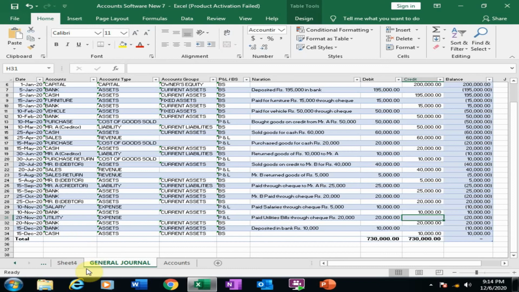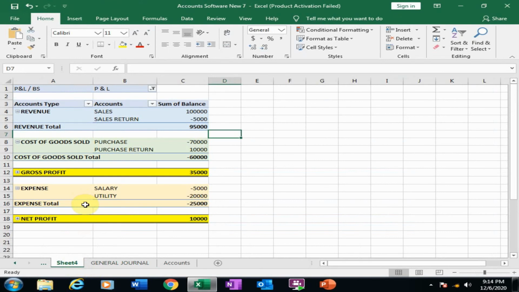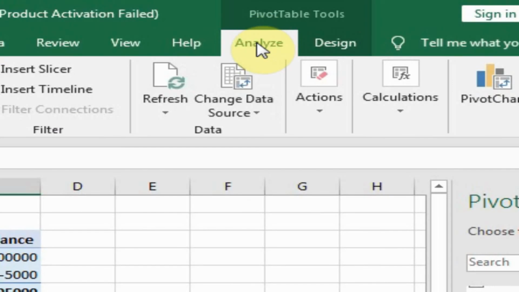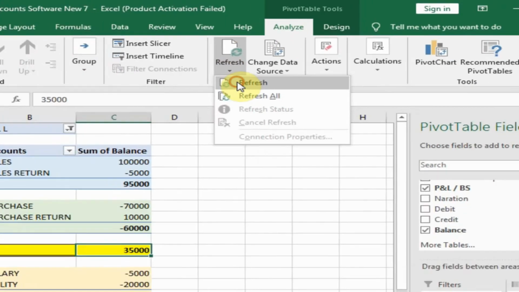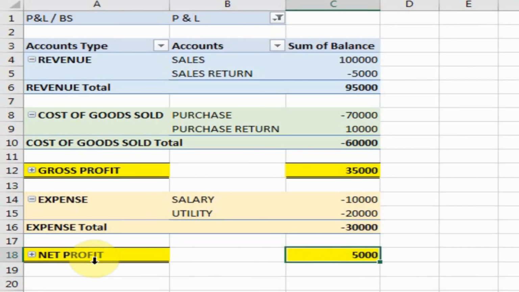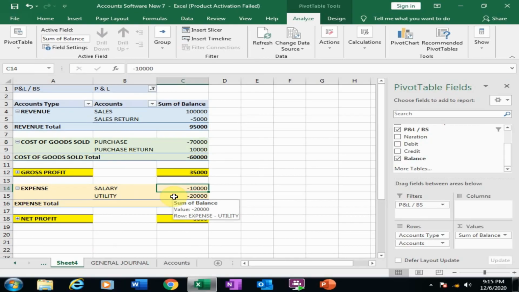Now move into the profit and loss account. In this sheet there is no update. For updating, just go to analyze and click the refresh button. It will update, and now the net profit is 5,000 because expenses are increased.